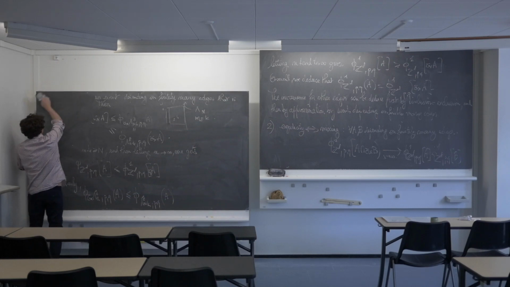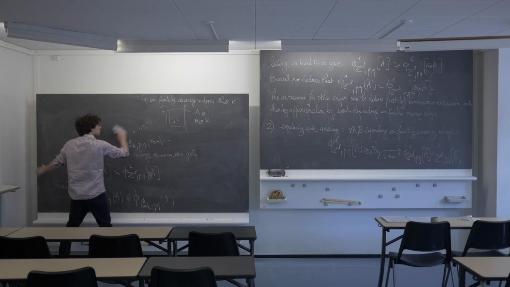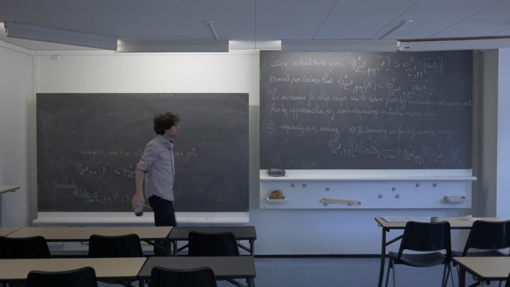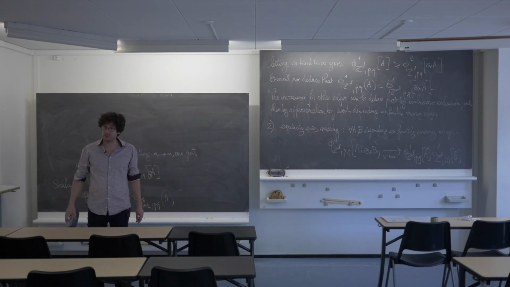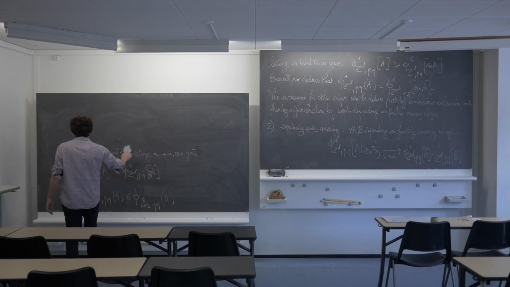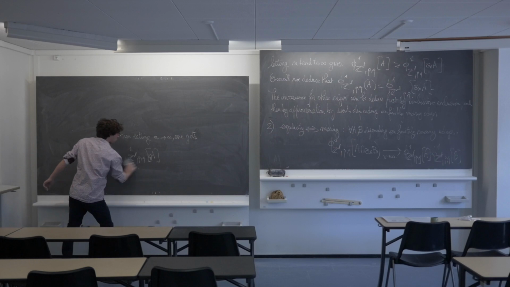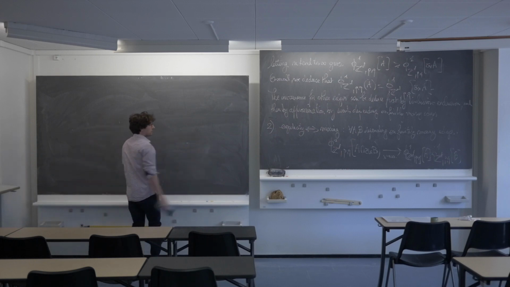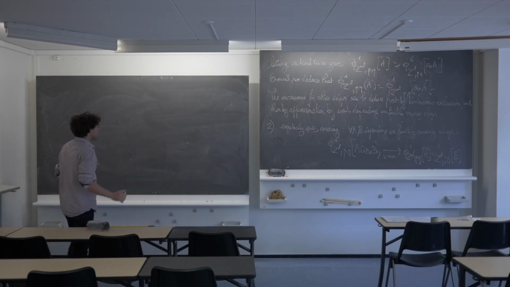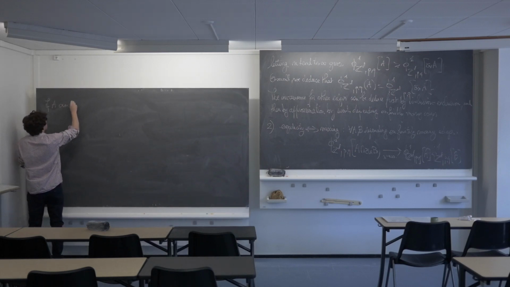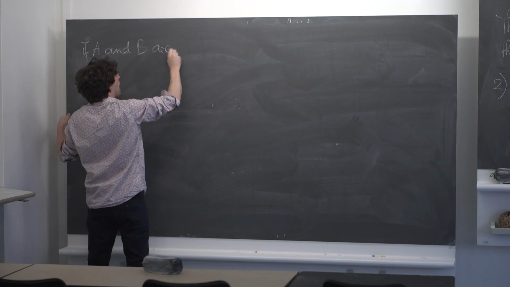Again, by inclusion-exclusion, I can focus my attention on increasing events. So if I focus my attention on increasing events, notice that first thing, I'm going to prove this by two inequalities. So first thing, if A and B are increasing,